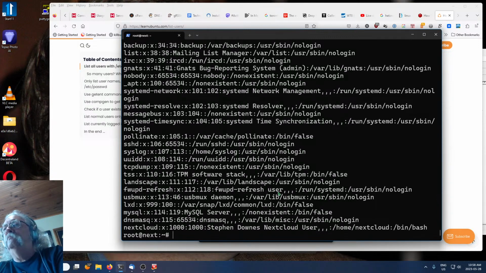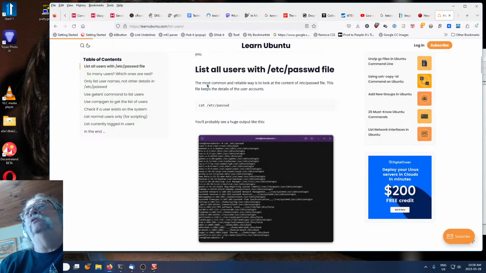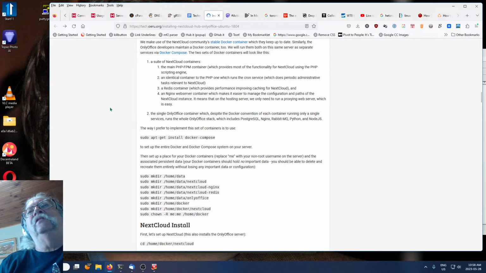Very good. See, MySQL is a user, and there's a few other users as well because these things need to exist. So, okay, good. I've created a NextCloud user called NextCloud. I'm not confident in this step, but